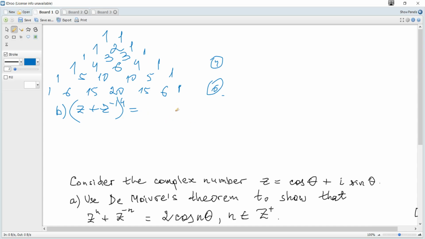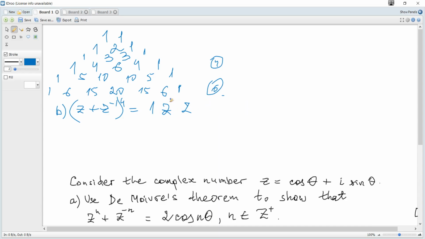So it becomes the first term with coefficient 1, z to the power of 4 and z to negative 1 to the power of 0. It's just the usual binomial expansion. Then the coefficient, this exponent decreases by 1, this one increases by 1, so it's z cubed,